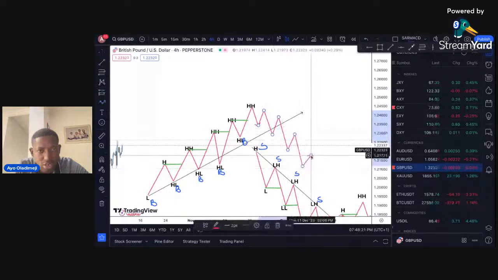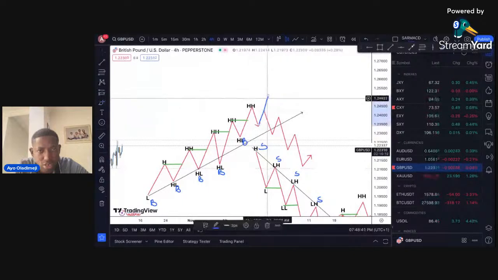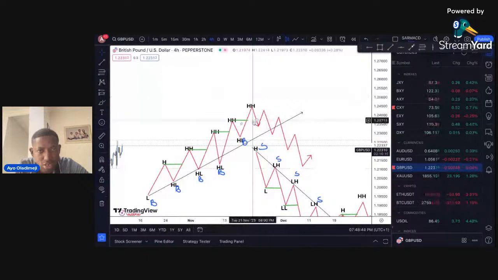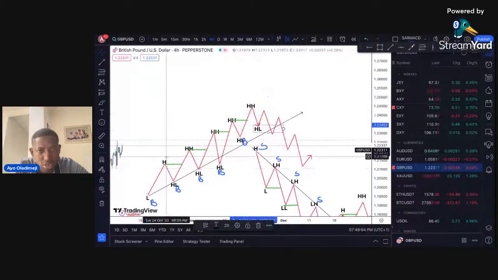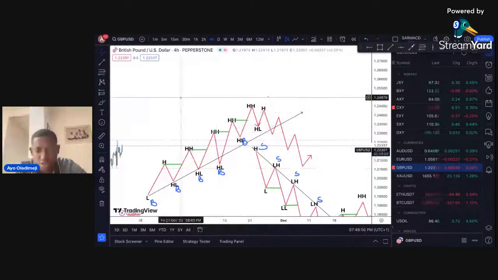So that's it. For the trend to continue, we are supposed to have price move from here and break above this guy, but if it doesn't break, and it gives you this kind of move here, giving us a higher low, right? This higher low is supposed to create a higher high, but if instead what it gives us is a high, then it's suggesting that there may be a likely change.